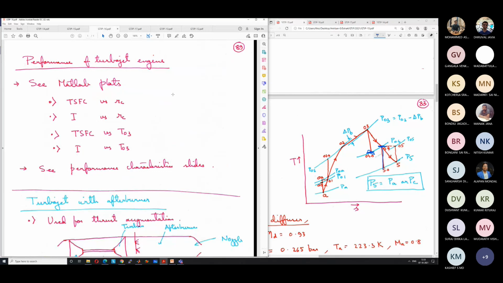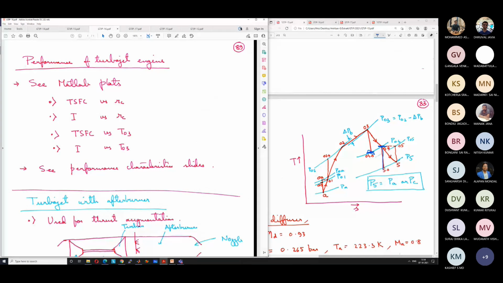Let us try to understand a little bit about performance characteristics of turbojet. We will not do it for all aircrafts, but for turbojets, because this is the first one we are studying, let us go into some more depth. And as an assignment, I will give you a programming assignment for turbofan, most probably, as I was saying from long back. Once I feel better, I have to sit down and first check whether it is possible to do that. Then only I can give it, right? So let us try to find the characteristics. Okay, how it looks like.